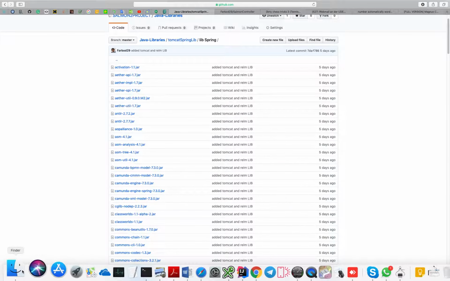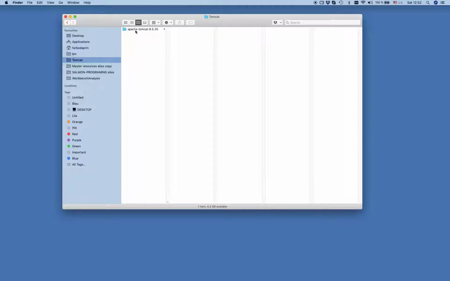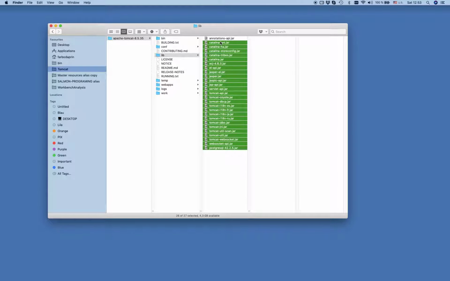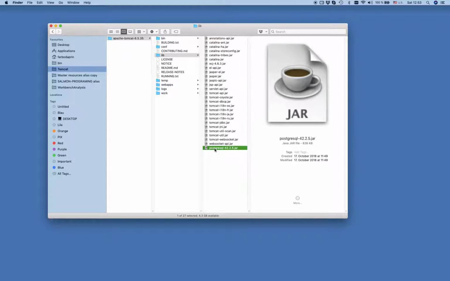And then here, I put the Tomcat as an icon. This is my Tomcat. I put it into a library, that library on my Mac. On Windows, you should find the proper address that we've mentioned on the README file. And inside the lib, you can find the lib. What you should take care of is that you add this PostgreSQL here, and also